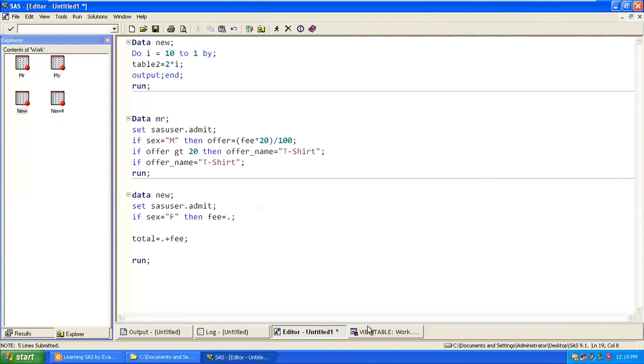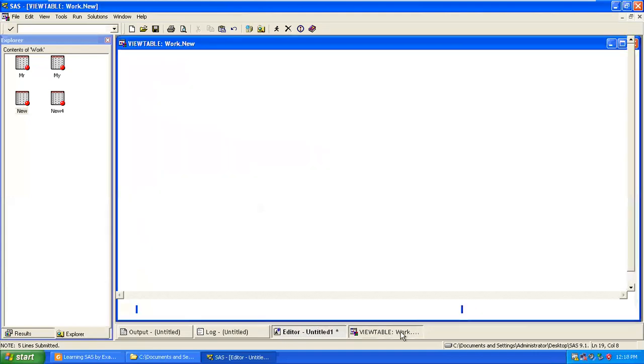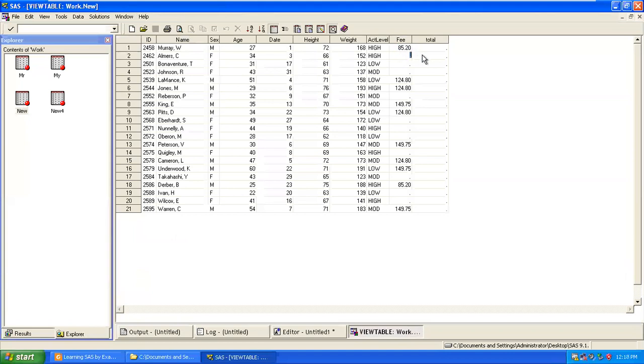Getting it? So while using this statement with your assignment operator, be careful, the value should be present. In any case, on this side or this side, if a value is not present, you'll be getting a missing. Because we wanted to do a cumulative one, how will it happen? You add this to this to get this. Again add this to this, get this. Like that it will happen, correct? Then in the last you will get the total of that, correct?